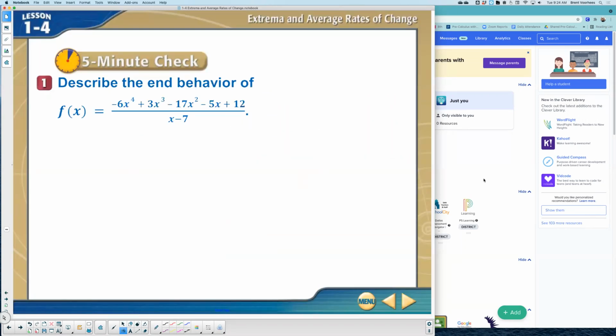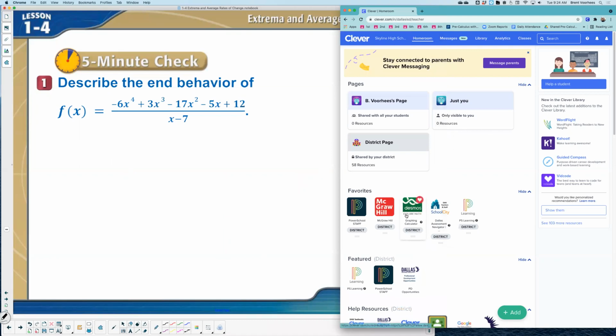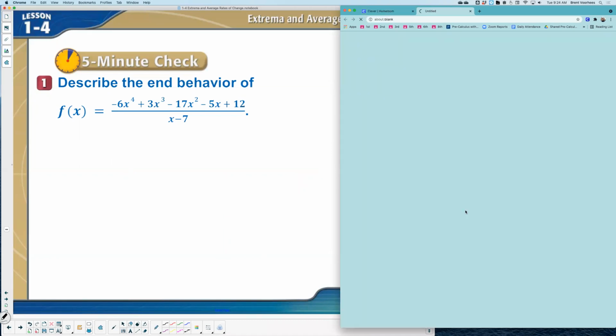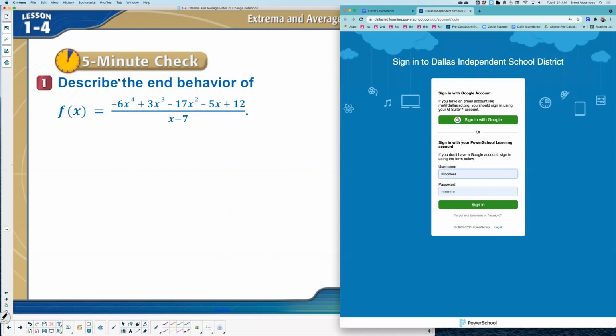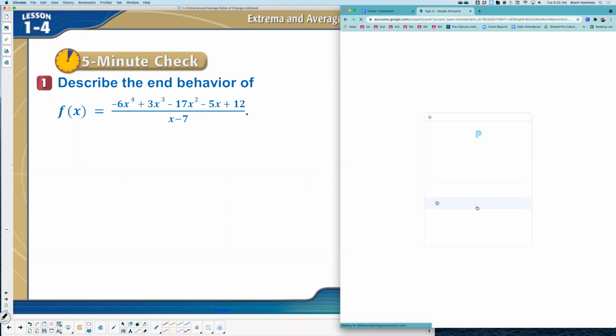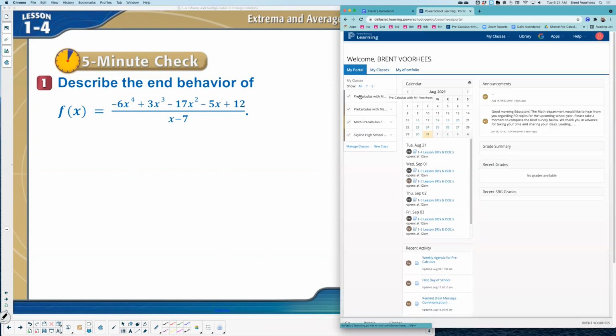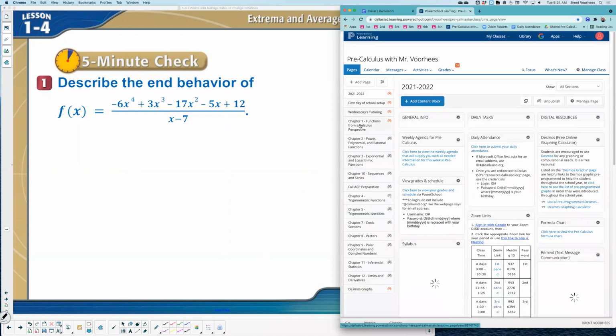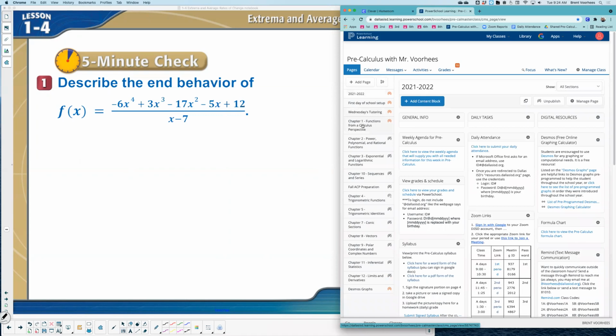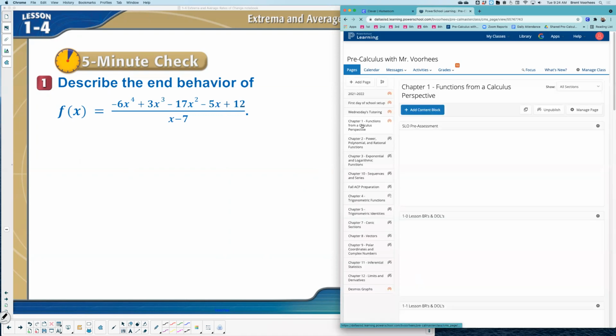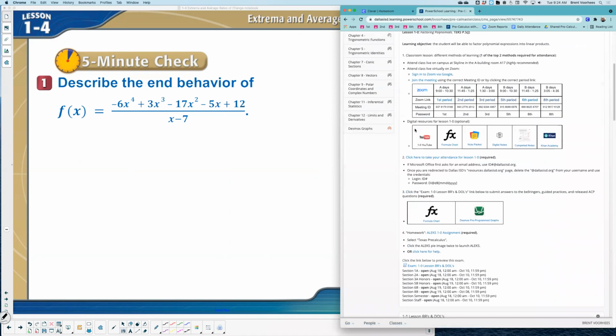Okay, number 1. Oh, before you get started, something I think helpful. If you go to your Power School Learning, since this equation was so long, I've already programmed it in for you. If you don't want to have to type in that equation yourself to Desmos, go to lesson 1.4, which would be chapter 1 folder. Sorry, it's taking me forever. Got to log in, got to click pre-calculus. Okay, if you go to your chapter 1 folder and then go to the 4th lesson,